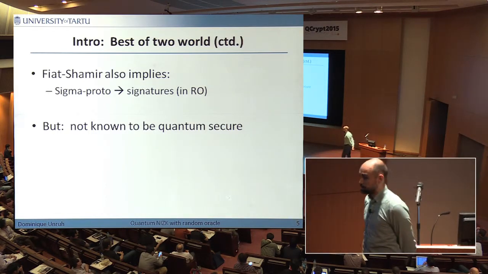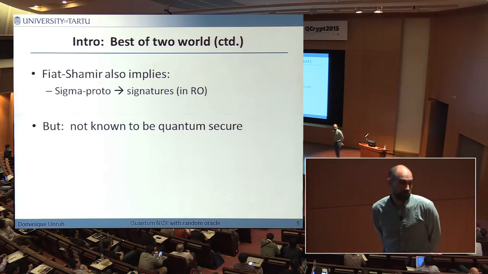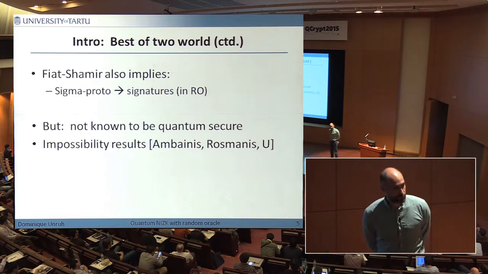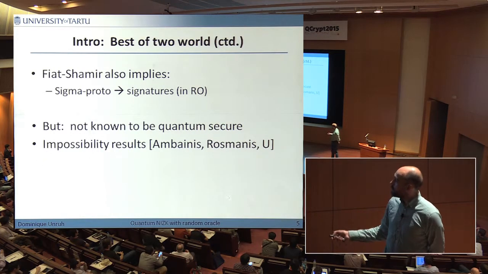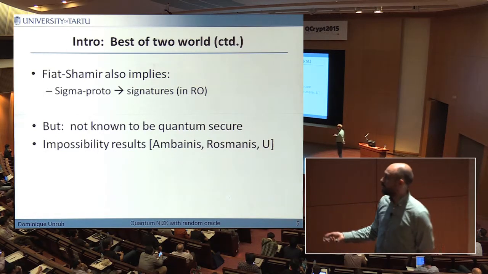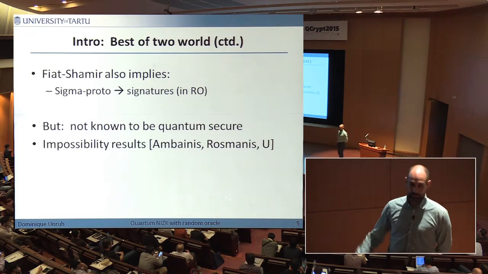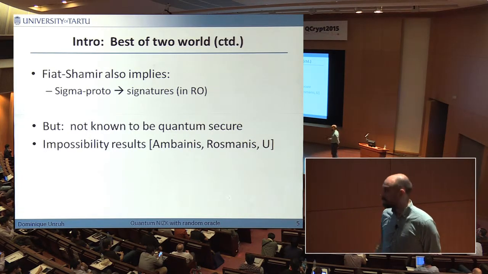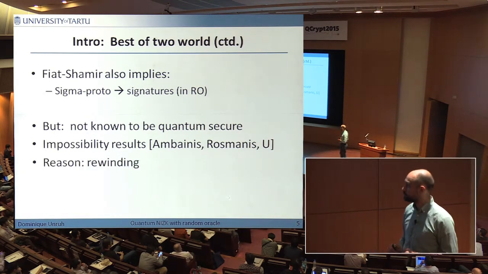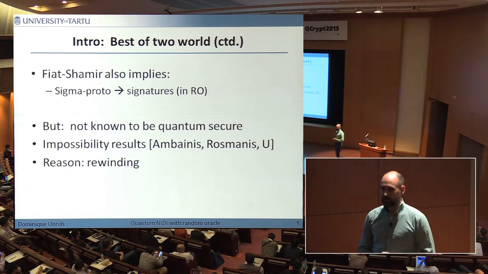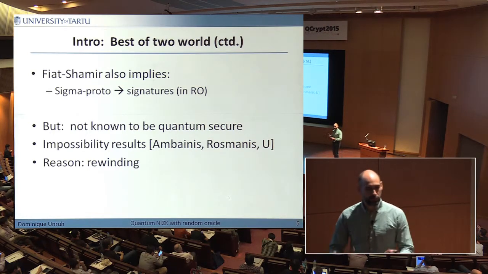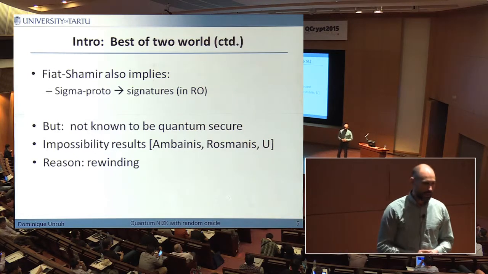I'm working on that a bit, but it's kind of tricky, and so far I don't know what to say. We even know that in full generality, we won't be able to prove it. So there we have impossibility results that show that relative to some oracle, it is impossible to prove Fiat-Shamir correct, to prove that it's actually a proof system. That doesn't exclude that we can show some security results under extra conditions, but so far nothing is known. And the reason why things work so badly is that the security proof actually uses rewinding in the communication with the random oracle. And that's really hard to